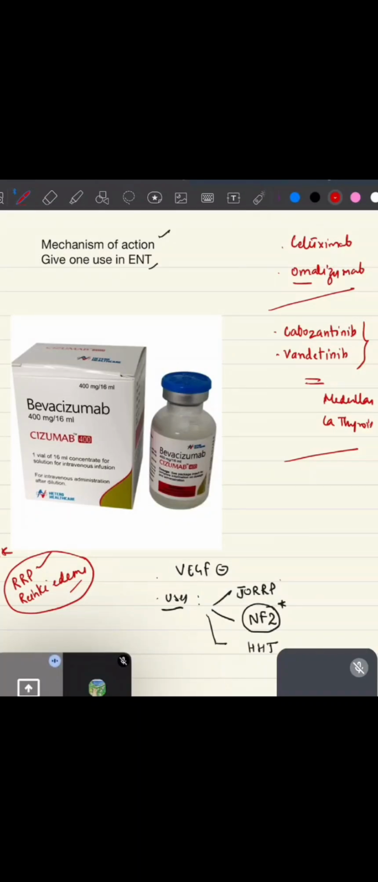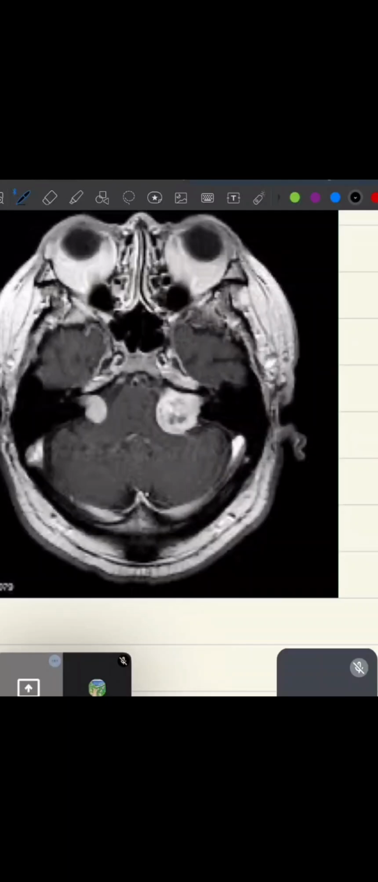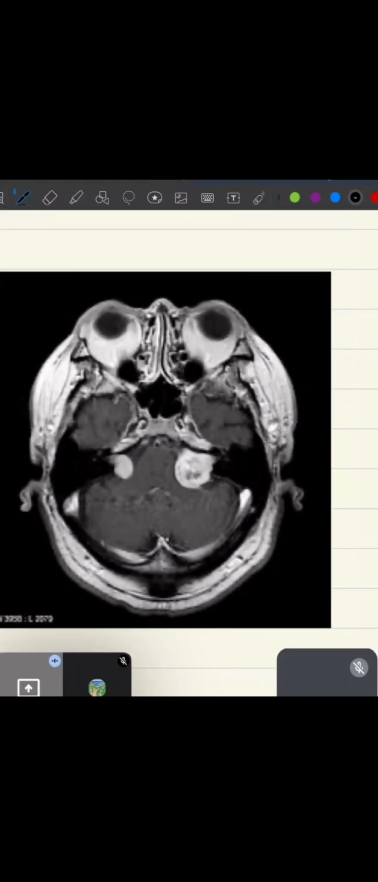Okay, so moving to the third question from here. Again, this is an easy one. They are giving you a scan and asking what is the pathology over here. Then there are a few specific questions related to that particular pathology. So can somebody help me? What is this? I'll give you a hint. If you see this,